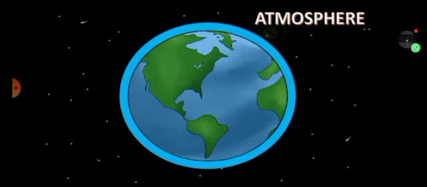Atmosphere. Our earth is surrounded by a huge blanket of air called atmosphere. All living beings on this earth depend on the atmosphere for their survival. This atmosphere provides us the air we breathe and protects us from the harmful effects of the sun rays. Without this blanket of protection, we would be baked alive by the heat of the sun during the day and get frozen during the night. So, it is this mass of air that has made the temperature on the earth livable.